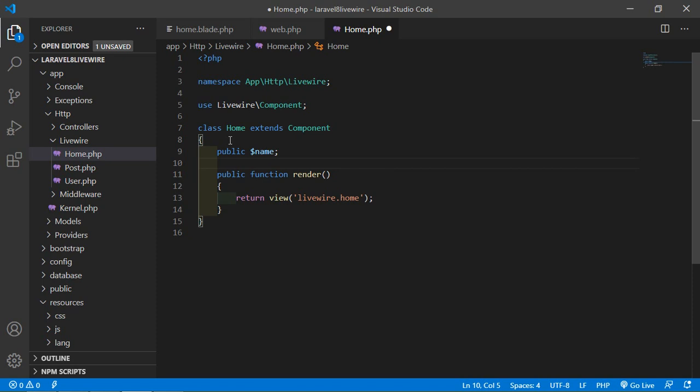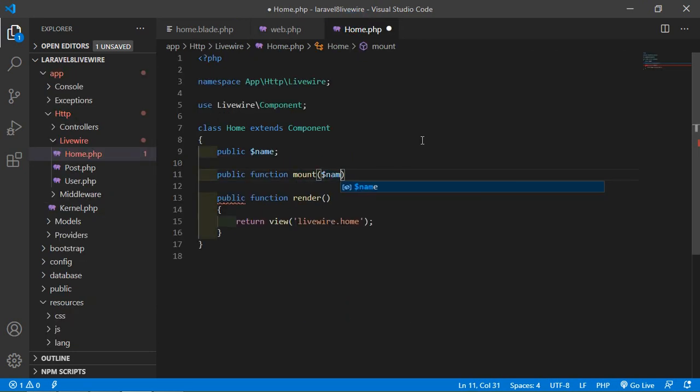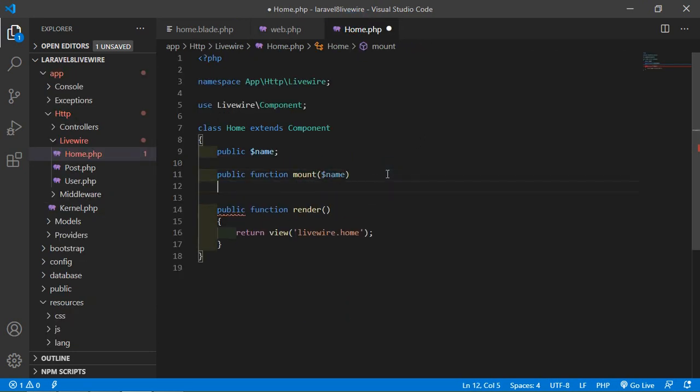So for adding the mount hook function, add public function mount. Inside this mount pass this parameter name, so write $name.